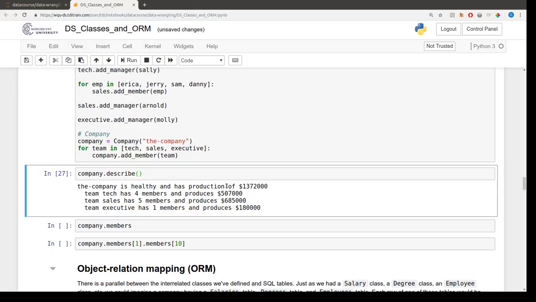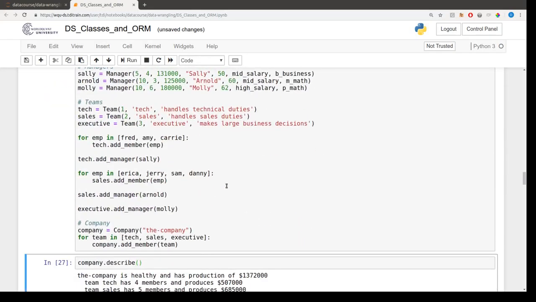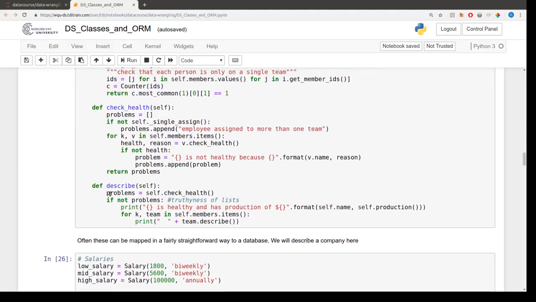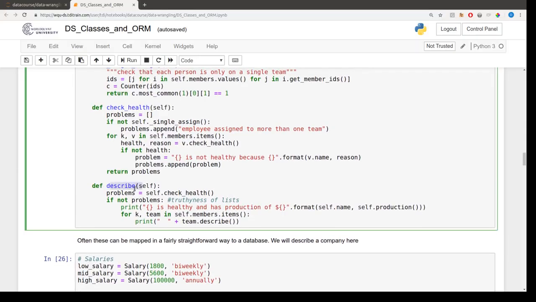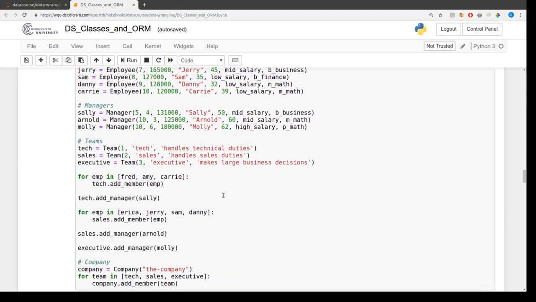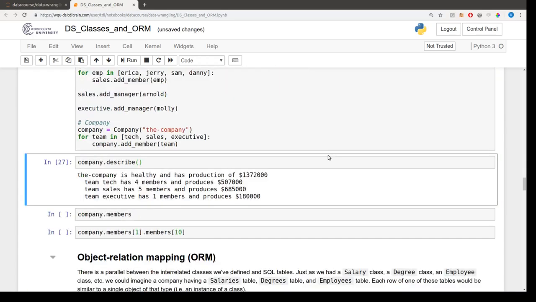We also know that when we describe the company, we check its health, if there's any problems. So for example, if we decreased Arnold's capacity to 3 and described the company,